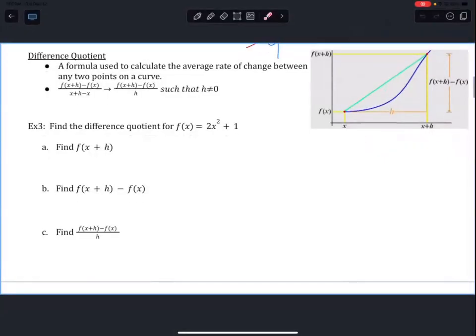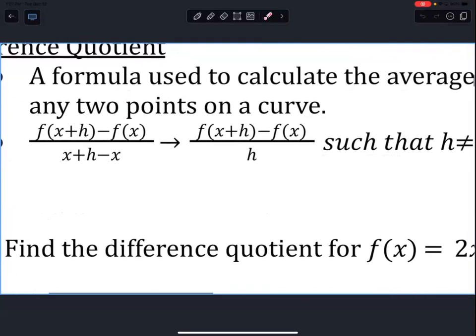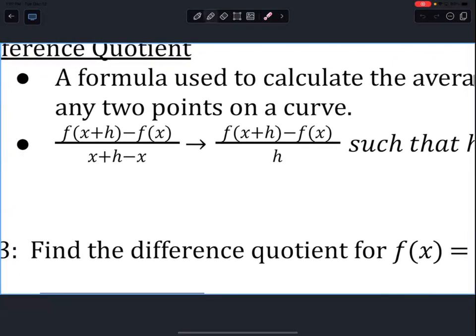All right, today we're going to go over something called the difference quotient. Okay, and it looks like this. Okay, and we're going to start with this piece here, and it says that if you take f of x plus h